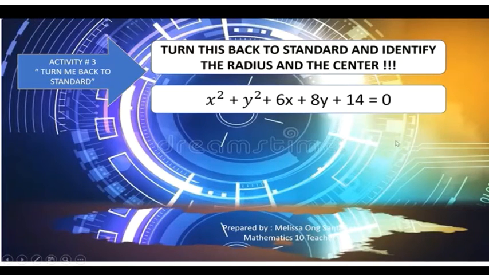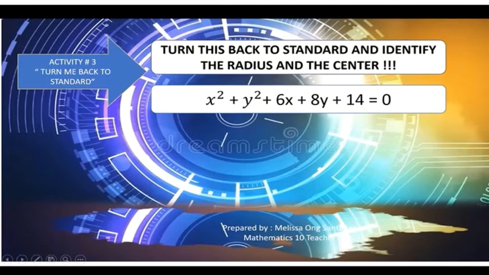This constant will be transferred to the right-hand side of your equal sign, and whenever you do that, you are changing the sign. Instead of positive 14, it will turn into negative 14. So if it's positive here and you transfer it onto the right-hand side of your equal symbol, it will turn into negative. So it will reverse the sign. Okay? So after you have grouped the terms there,